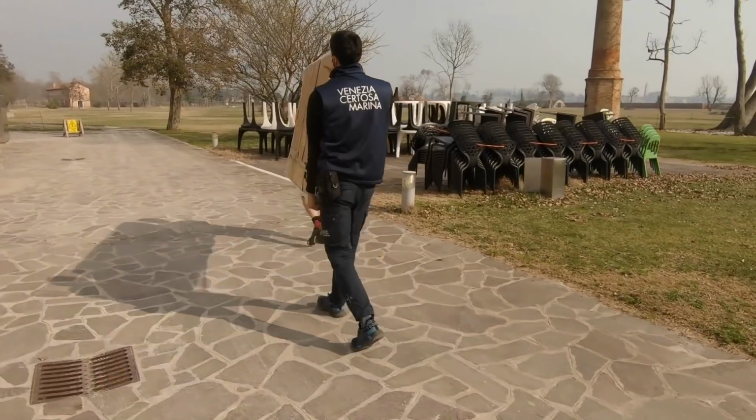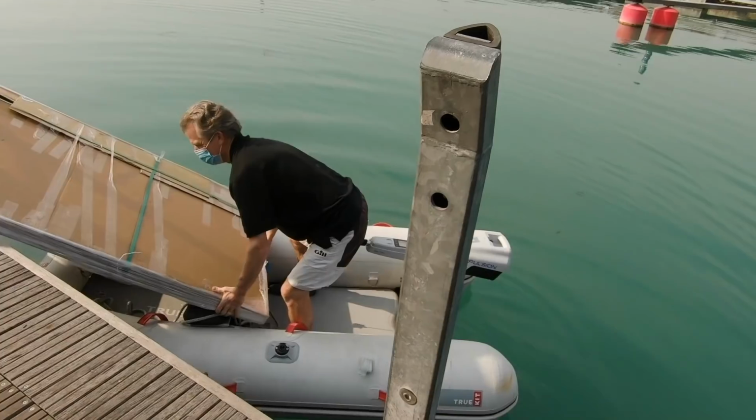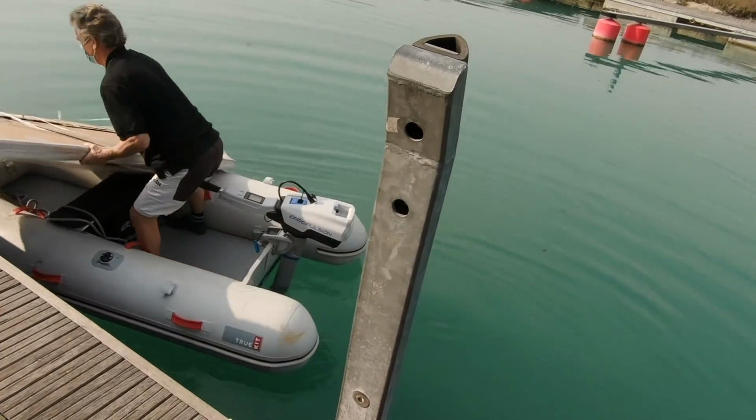There is propane available here, and they've got a small chandlers. You can get bits and pieces. They're really, really helpful. They'll get you anything you want, and you can get deliveries. You'll think you're on an island and it'd be difficult to get things, but no, Amazon delivers here, all sorts of whatever you want. It all comes by boat, and they're just used to it in Venice, so it's really not